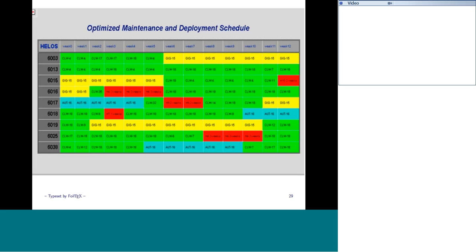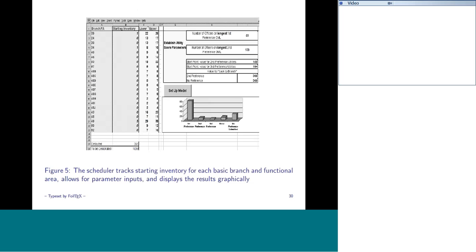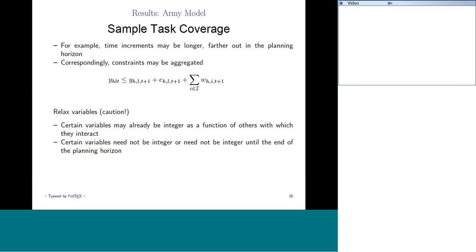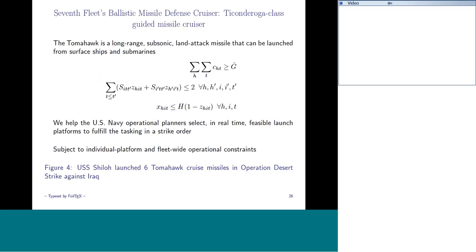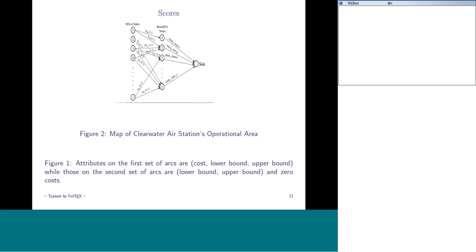Okay. Sure. On your Army manning model, which I thought was interesting, I might have missed it, but I was curious what the origin nodes were on your network and why they were different. Were those different accession sources, or were those something else? Those are people. So these guys here?